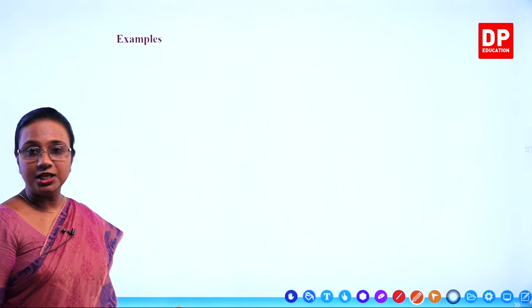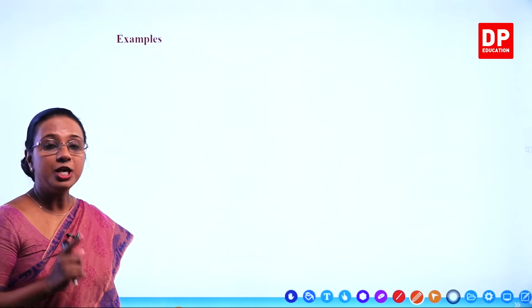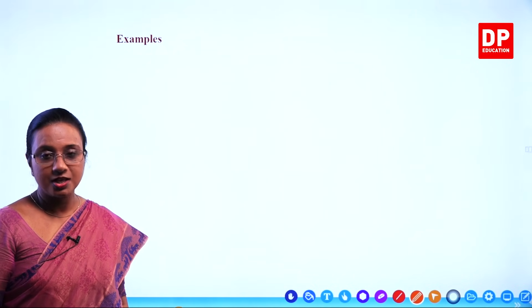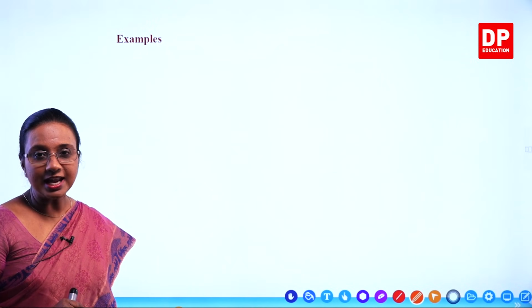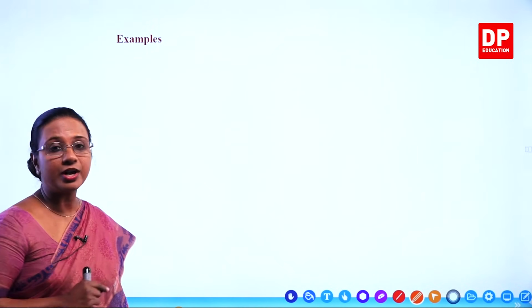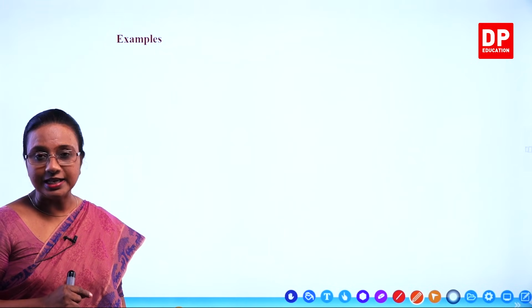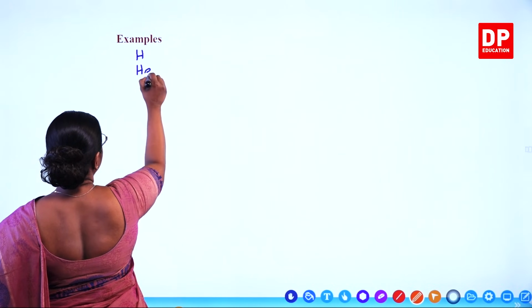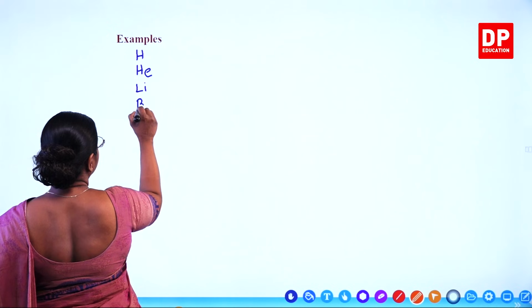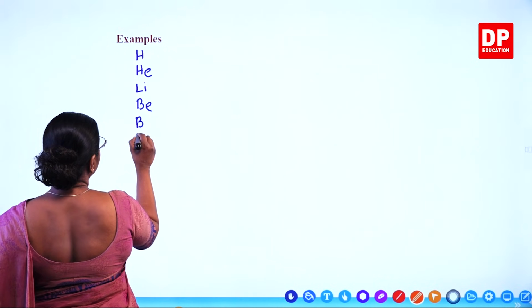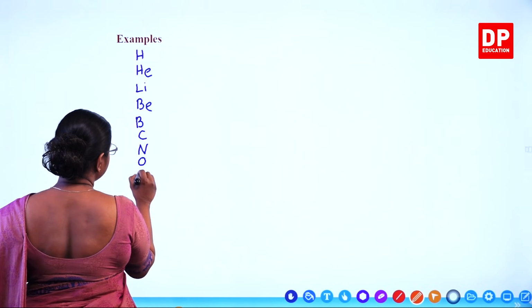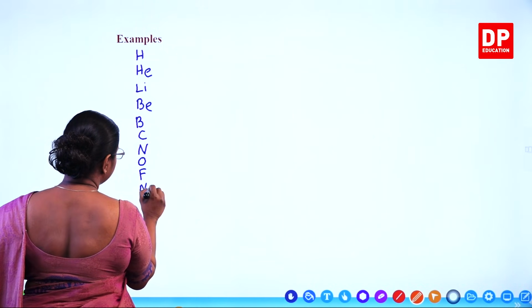So before going into examples, I told you all you have to memorize the order of the first 20 elements. I hope you have already done that. So with me, you all can also write down all the first 20 elements in order. It's going to be hydrogen, helium, lithium, beryllium, boron, carbon, nitrogen, oxygen, fluorine, neon,